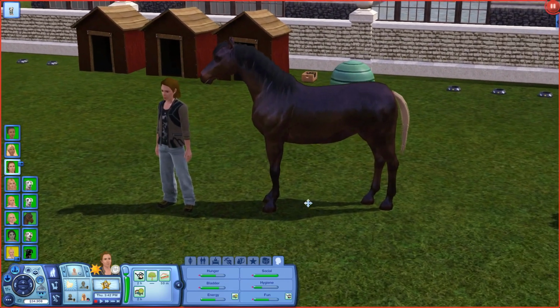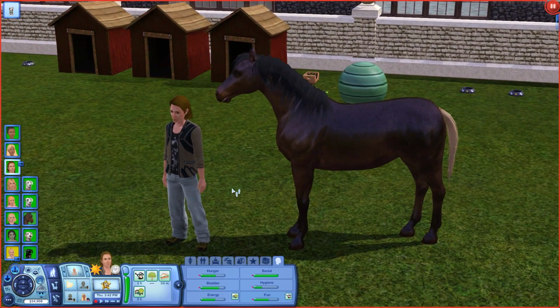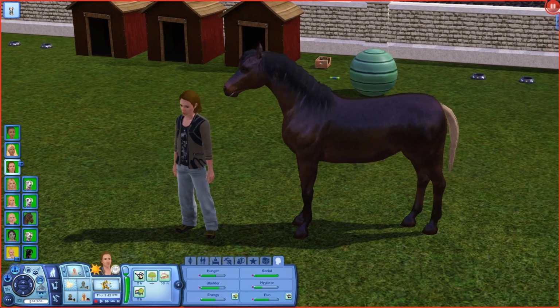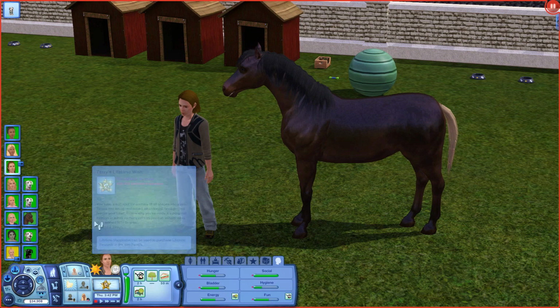So this is the wild horse that somehow got stuck inside of the courtyard of the Prism Art Studio that we were teaching our kids a painting class at, and he managed to get clipped by a car, and who knows what else was wrong with him, but I managed to figure out how to make it so Terry could actually adopt him. So I went ahead and I kind of wiggled around the cheats a little bit just to make sure that he could adopt him so it would count towards his lifetime wish, because that's what the pet